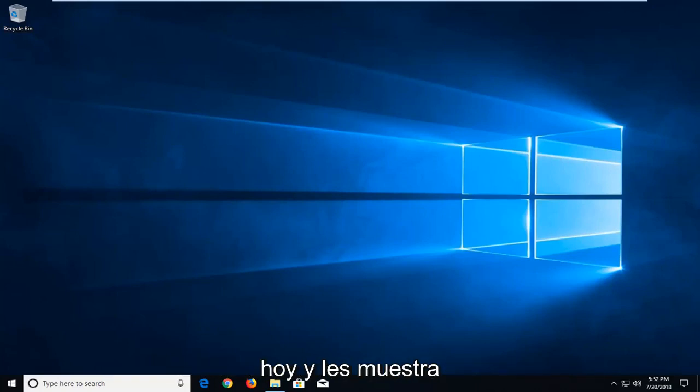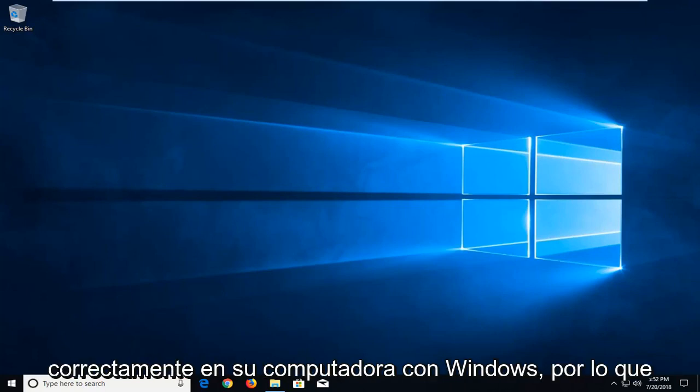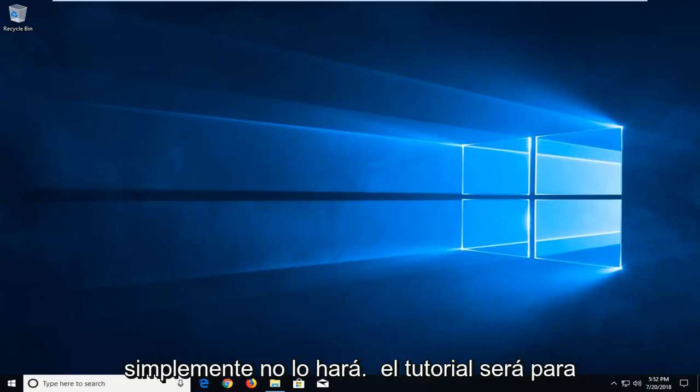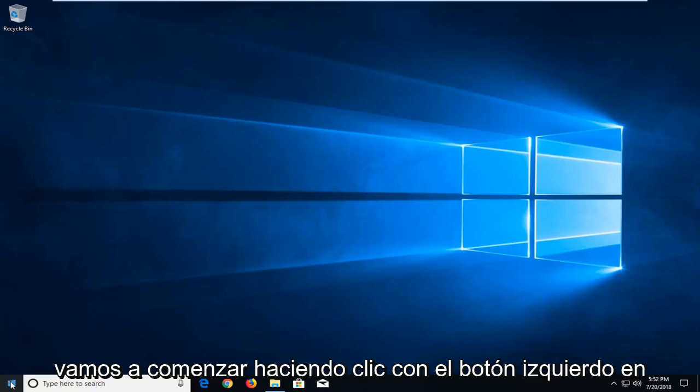In today's tutorial, I'm going to show you guys how to resolve if a process will not terminate properly on your Windows computer. So if you tried closing out of it and it just will not close, this tutorial will be for you. So we're going to jump into it, and we're going to start by left clicking on the